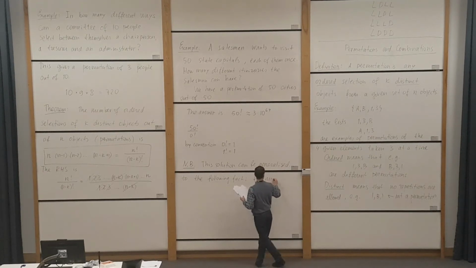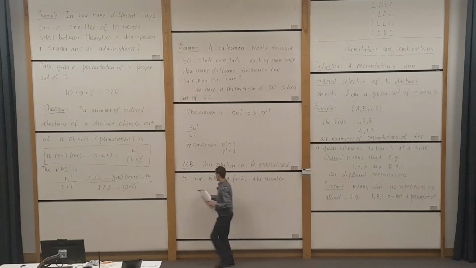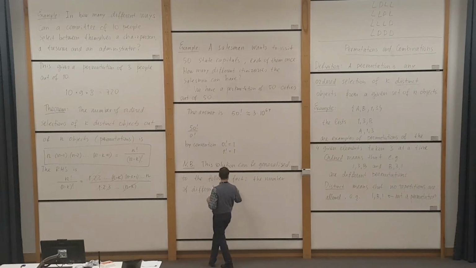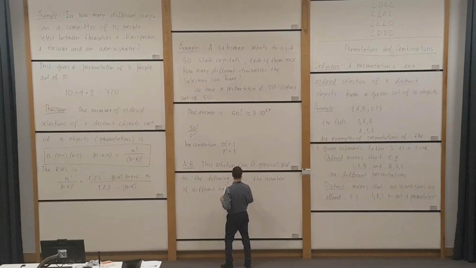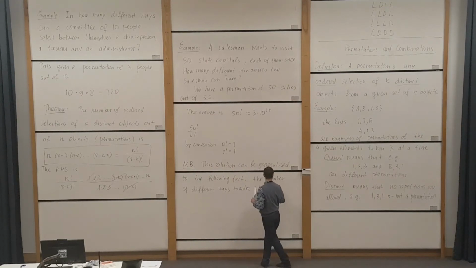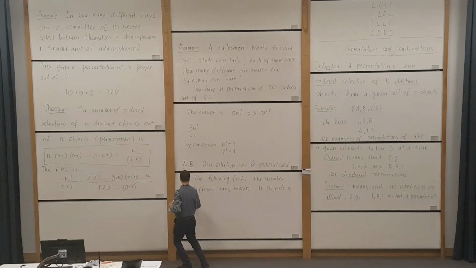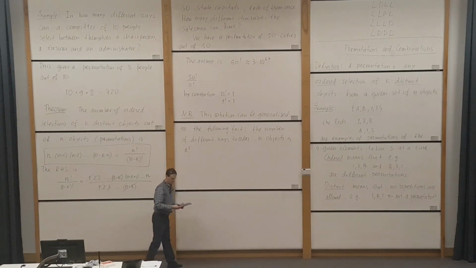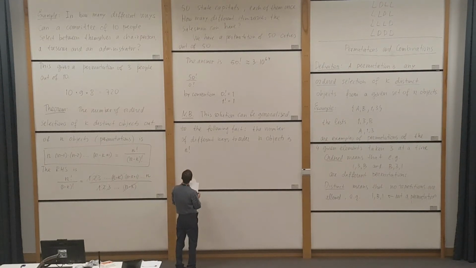The number of different ways to order n objects is n factorial. Okay, I'm going to use this general fact soon. But before,